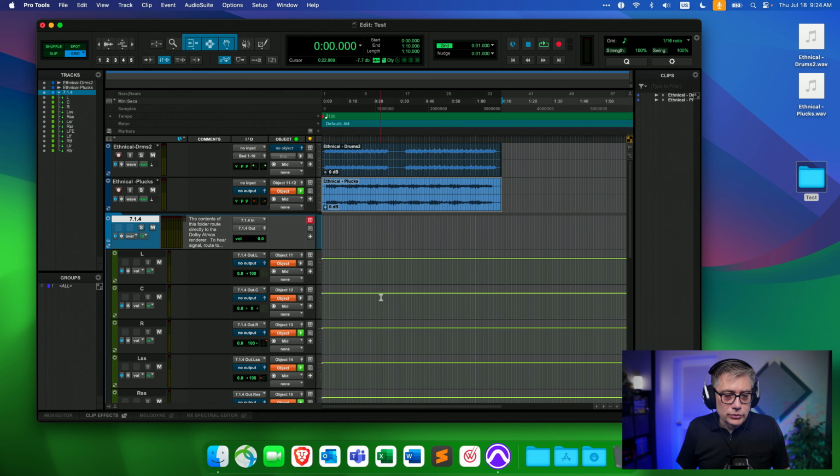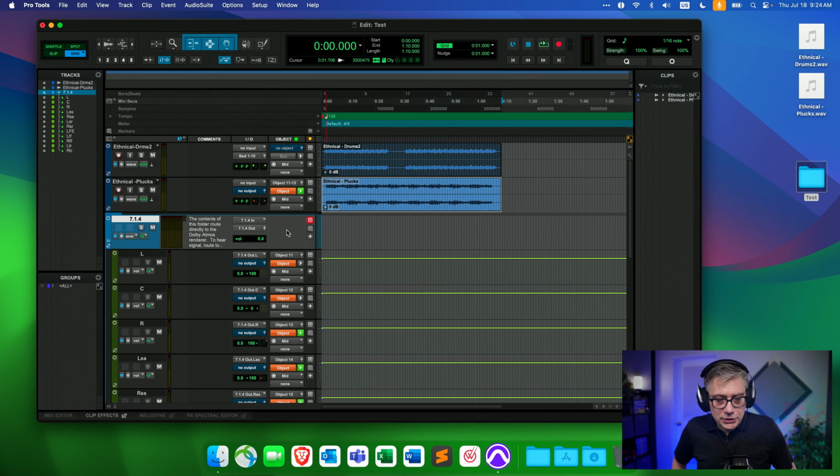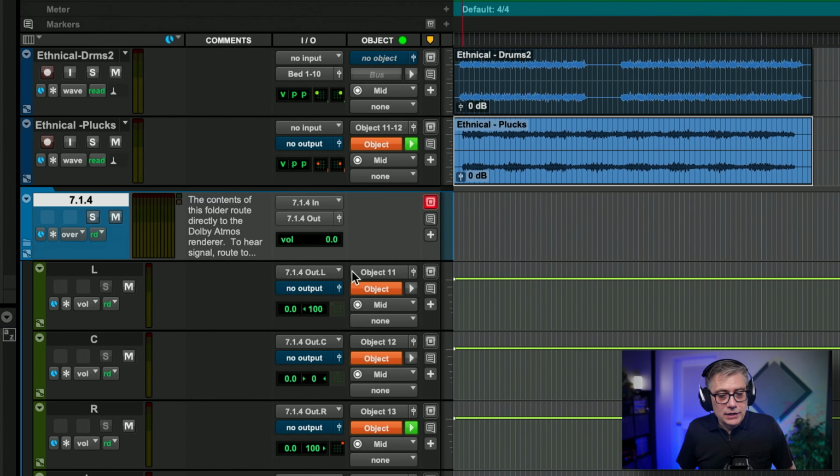And all I really need to do in order to send that correctly into the Dolby Atmos renderer is forward any track that I want to have in 7.1.4 into this particular track that I've just created. Now, there's one complication here that you might have noticed, and that is that the track preset comes with defined object numbers. Because we already used objects 11 and 12, we see here that these are not activated right now, because Pro Tools understands that these objects 11 and 12 are already used.